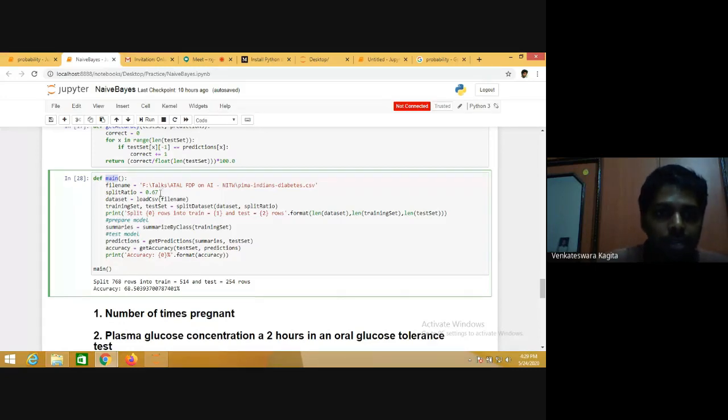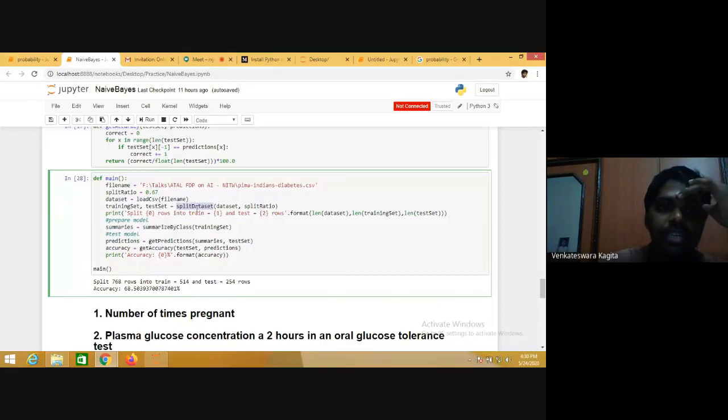So I load the file, that is, my file is loaded into the data set. Now I split this data set with this split ratio. We'll see how to split this data set. These are all the different functions that I'm calling from this main function. I just want to explain the functionality of each of these functions, and then we'll explore each of these functions in depth. So this is the high level view of the